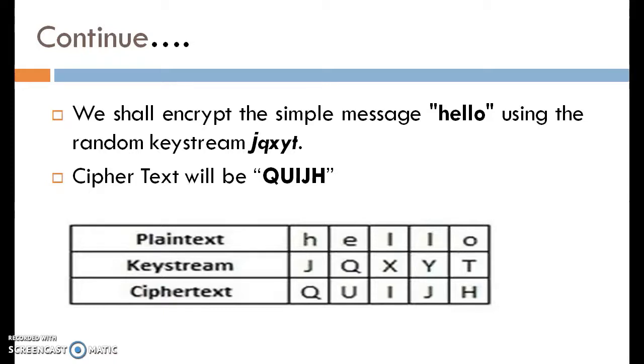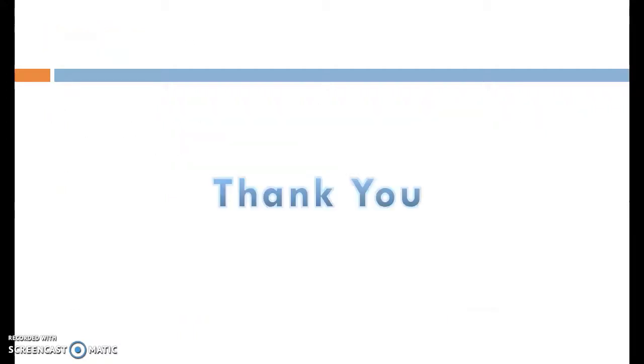Okay. In the same way, in decryption, we have the ciphertext and we want to calculate the plain text. So in decryption of the Vernam cipher, we subtract the key letters from the ciphertext. For decryption, we do Q minus J modulo 26. In encryption, we add the plain text with the key value, whereas in decryption, we subtract the key values from the ciphertext. So Q minus J modulo 26, then we get back the plain text letter, that is H. Thank you for listening.